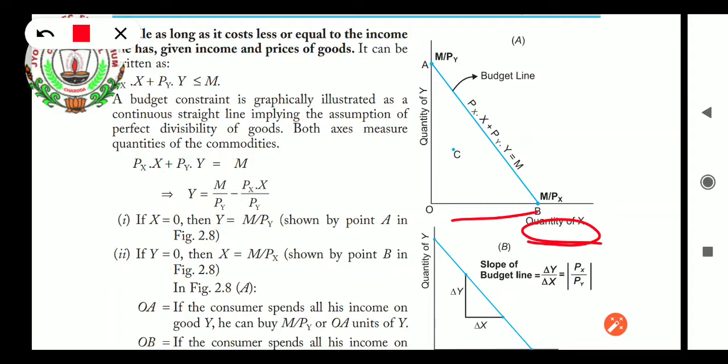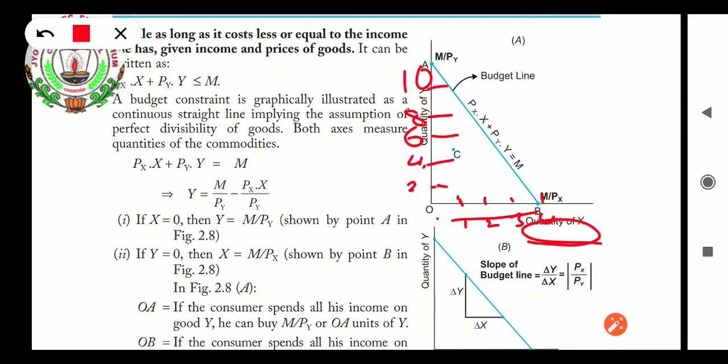Starting from 0, above it we can have 2, then 4, 6, 8, then 10. Here on the x axis we can have 1, 2, 3 and 4. The cost of unit x was 40 rupees. Out of 200 rupees, we will get very small units, either 1, 2, 3 or 4 units. So that was the range we are having.